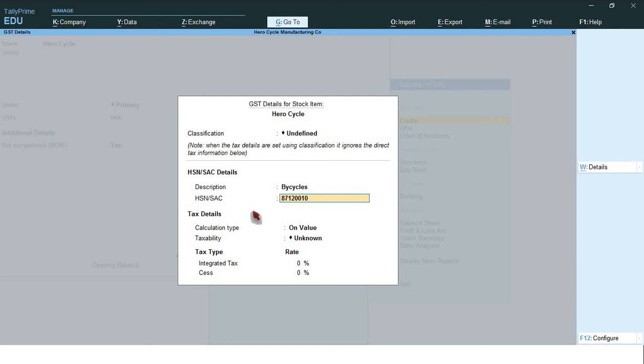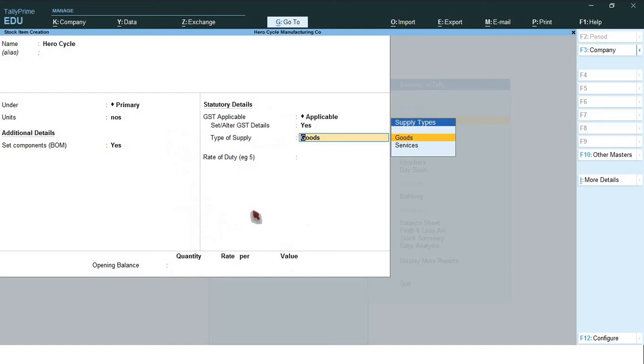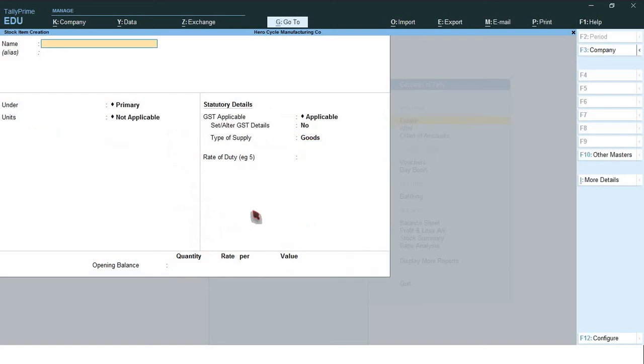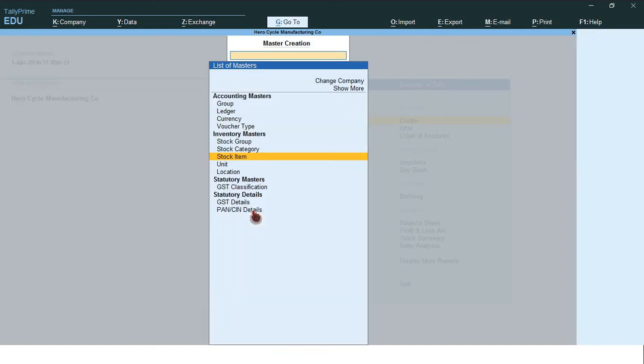This is the bicycle HSN code. On value, taxable, 18%. Goods, accept. Okay. So now we created the main component stock items. Now we move to manufacturing entry.